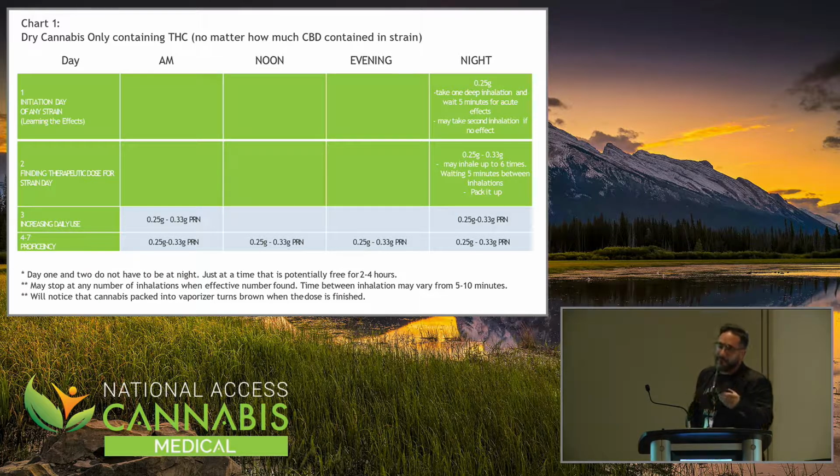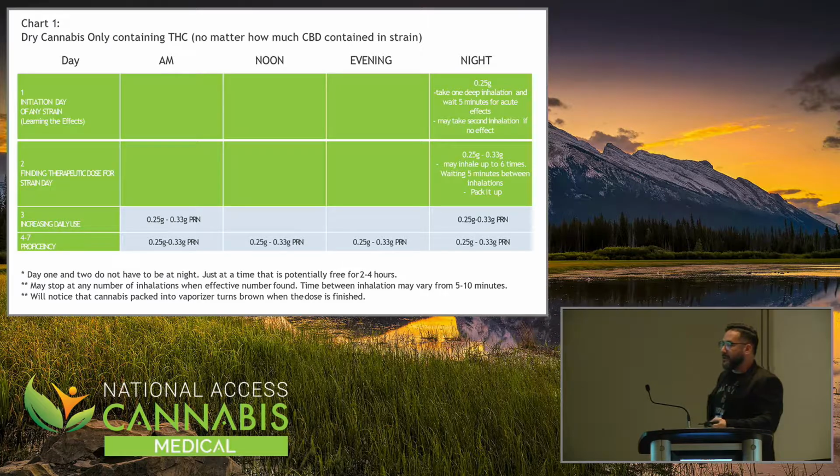But at the same time, it'll still take effect even if you don't get the therapeutic dose. What we do find, at least from the studies, is that you still will end up with some therapeutic benefit from CBD, even if it's not the proper dose. So any amount is still good. But here, you can use it whenever you need it. If they don't need it, then just don't use it.